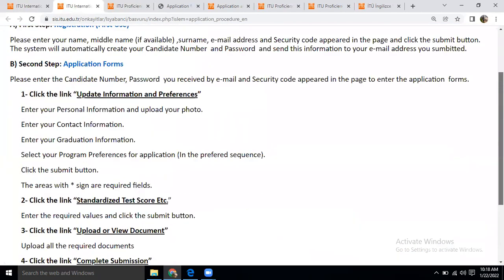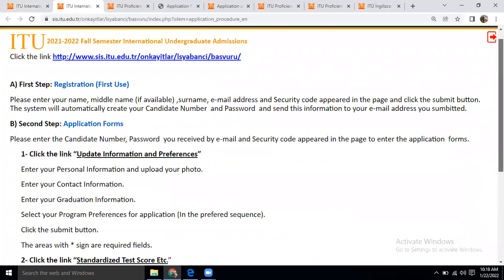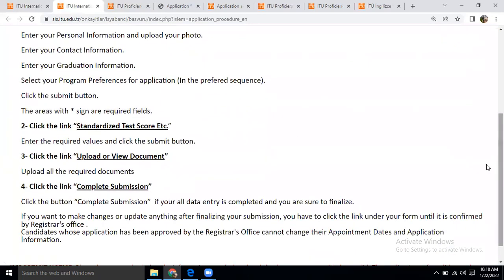I have already told in the previous videos that you should have standardized test scores. For example, SAT 1, SAT 2, or if you are based on GCE, AL, or IB system, you should enter the score of those exams. And